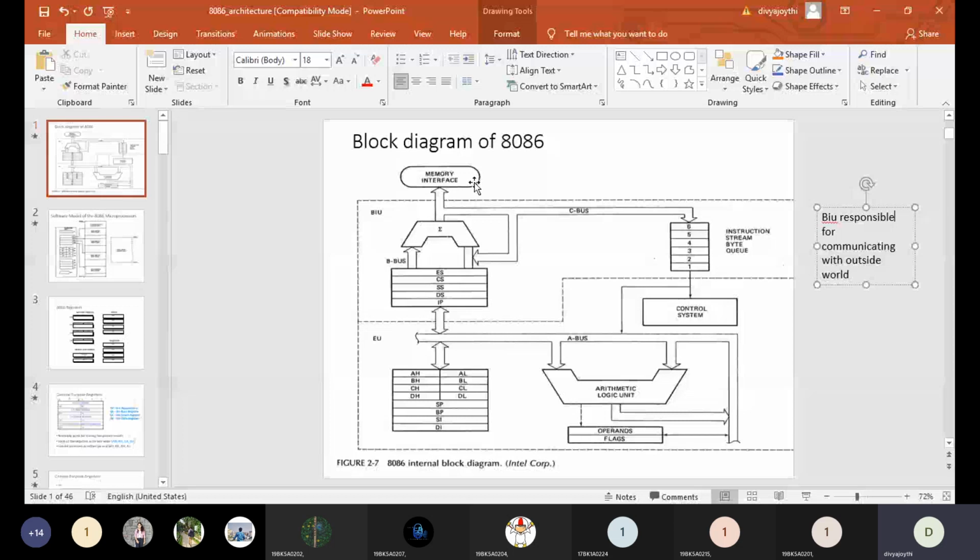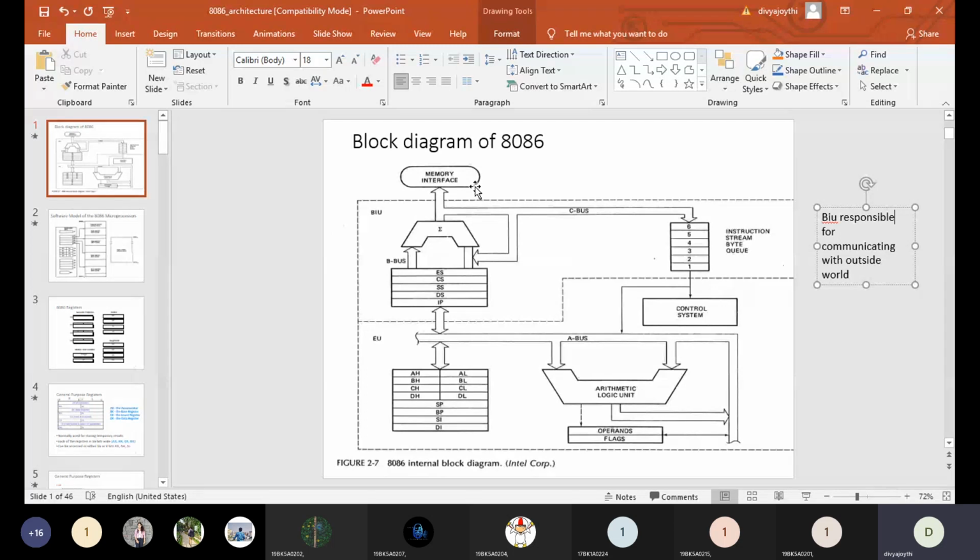In order to communicate with the outside world, as you all know, the microprocessor does not have its internal memory. Not only 8086, microprocessors do not have their internal memory. The memory has to be connected externally to the microprocessor. So the first important thing you should keep in mind when talking about microprocessors is that a microprocessor does not come with inbuilt memory. Memory has to be connected externally for any kind of microprocessor.